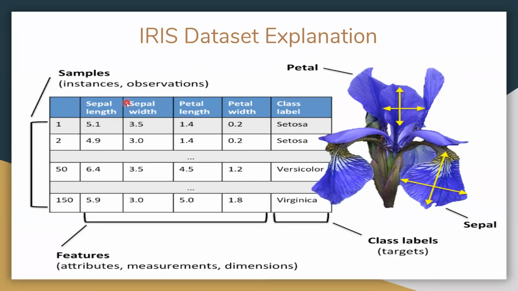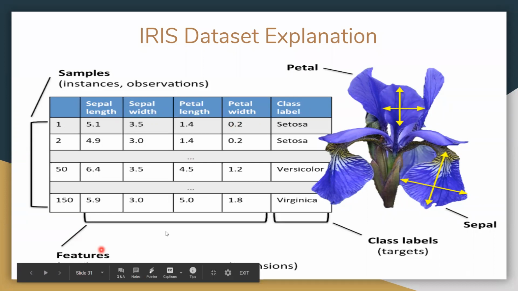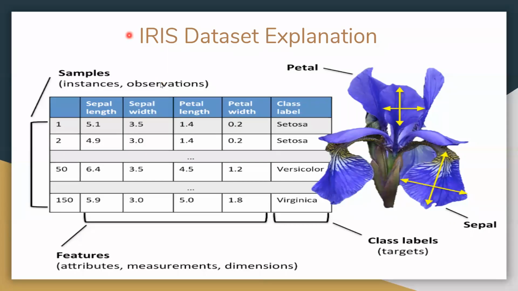There are different terms, right? Features, attributes, measurements, dimensions, all are equal. Down here you can see, all are equal. How many features you have? 4 features, right? Next, how many samples you have? In the iris dataset you have 150 samples. Total 150 samples. They are called instances, observations. There are multiple synonyms again. The synonyms are instances, observations, records, samples, all are the same. Understand now?